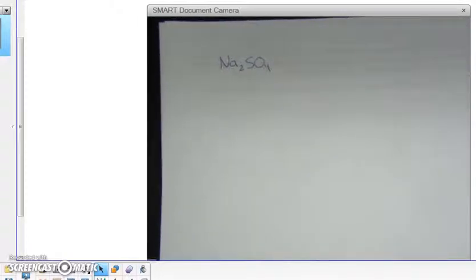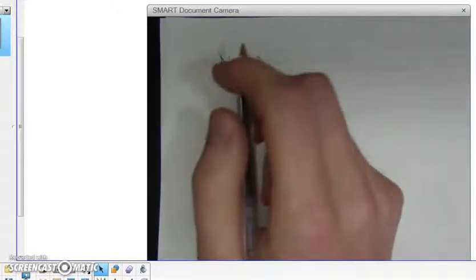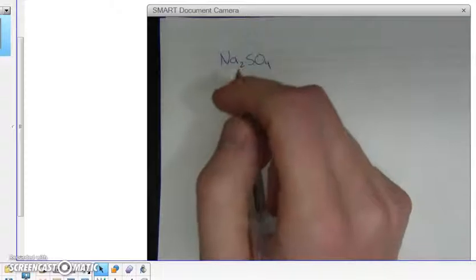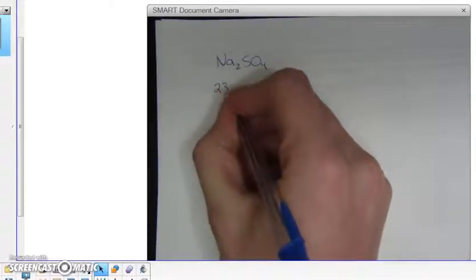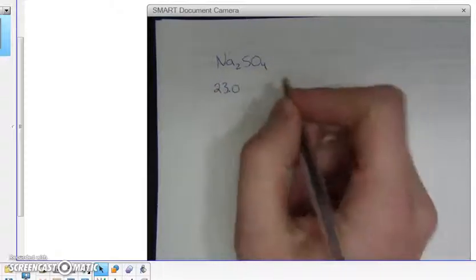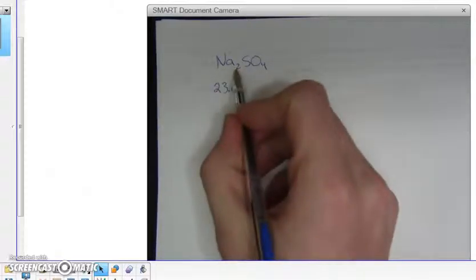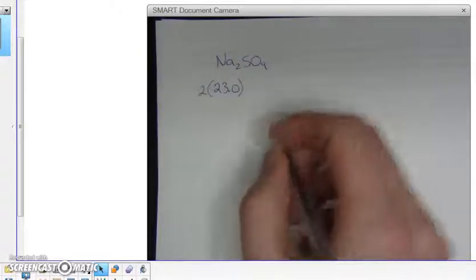It's always a good rule of thumb, especially when you get into AP chemistry or IB chemistry. So we said it was 22.98, so that rounds to about 23.0. That's our mass of our sodium, but we've got 2 of them, so we're going to multiply that by 2,